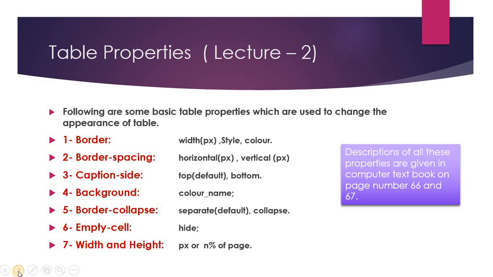Number 1. Border property. Number 2. Border spacing. Number 3. Caption side. Number 4. Background. Number 5. Border collapse. Number 6. Empty cell. And number 7. Width and height. The description of all these properties are already given on page 66 and 67 of your computer